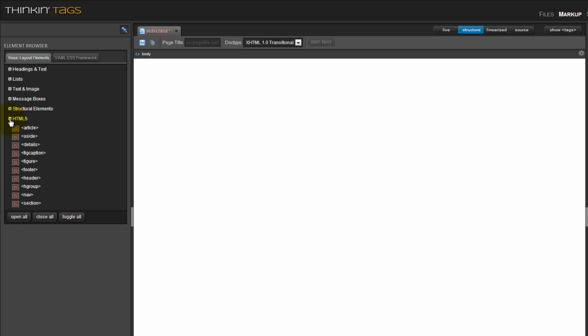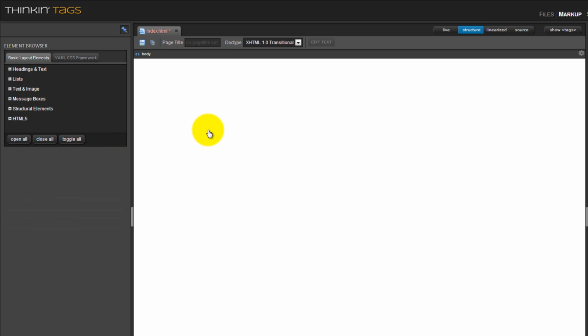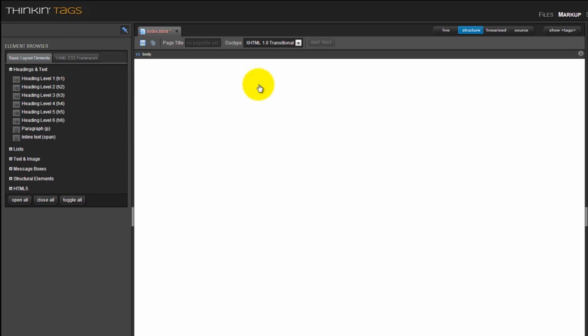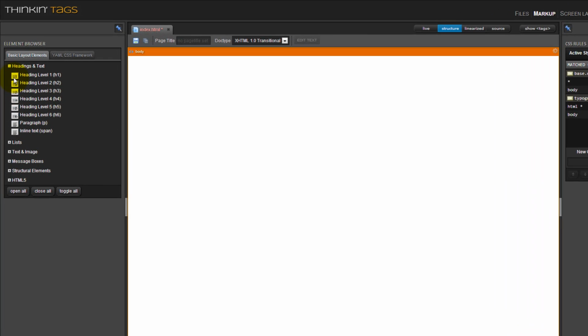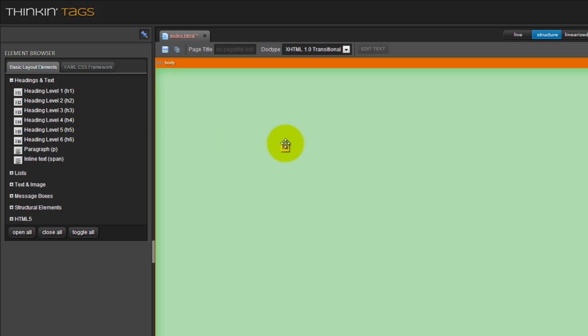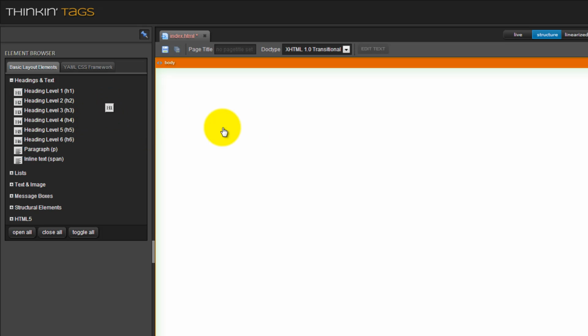them into the layout. To do this within Thinkin Tags, you have to do a first step, and this is to select any structural element to transform it into a drop zone. And when an element is selected, like the body element, then these elements get enabled, and as you can see